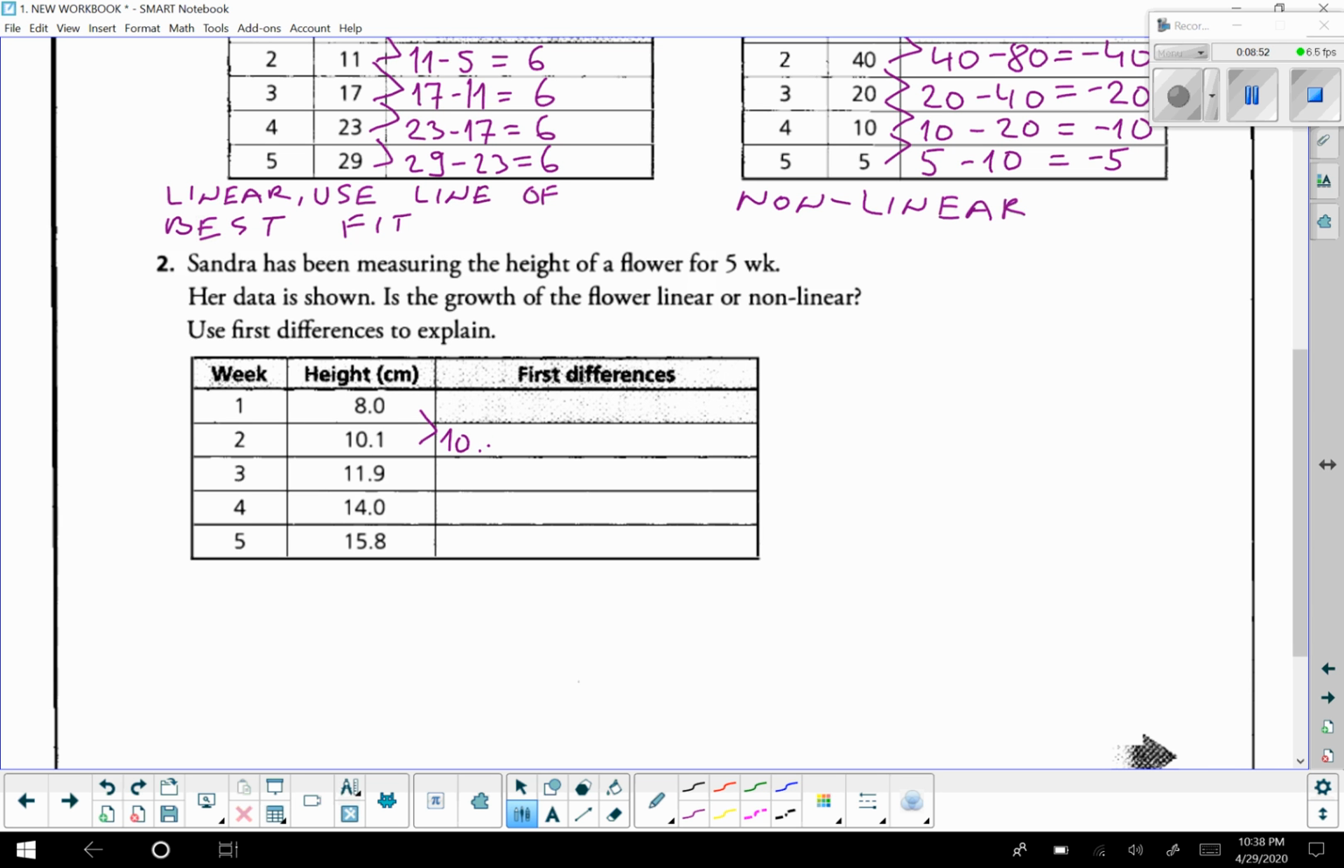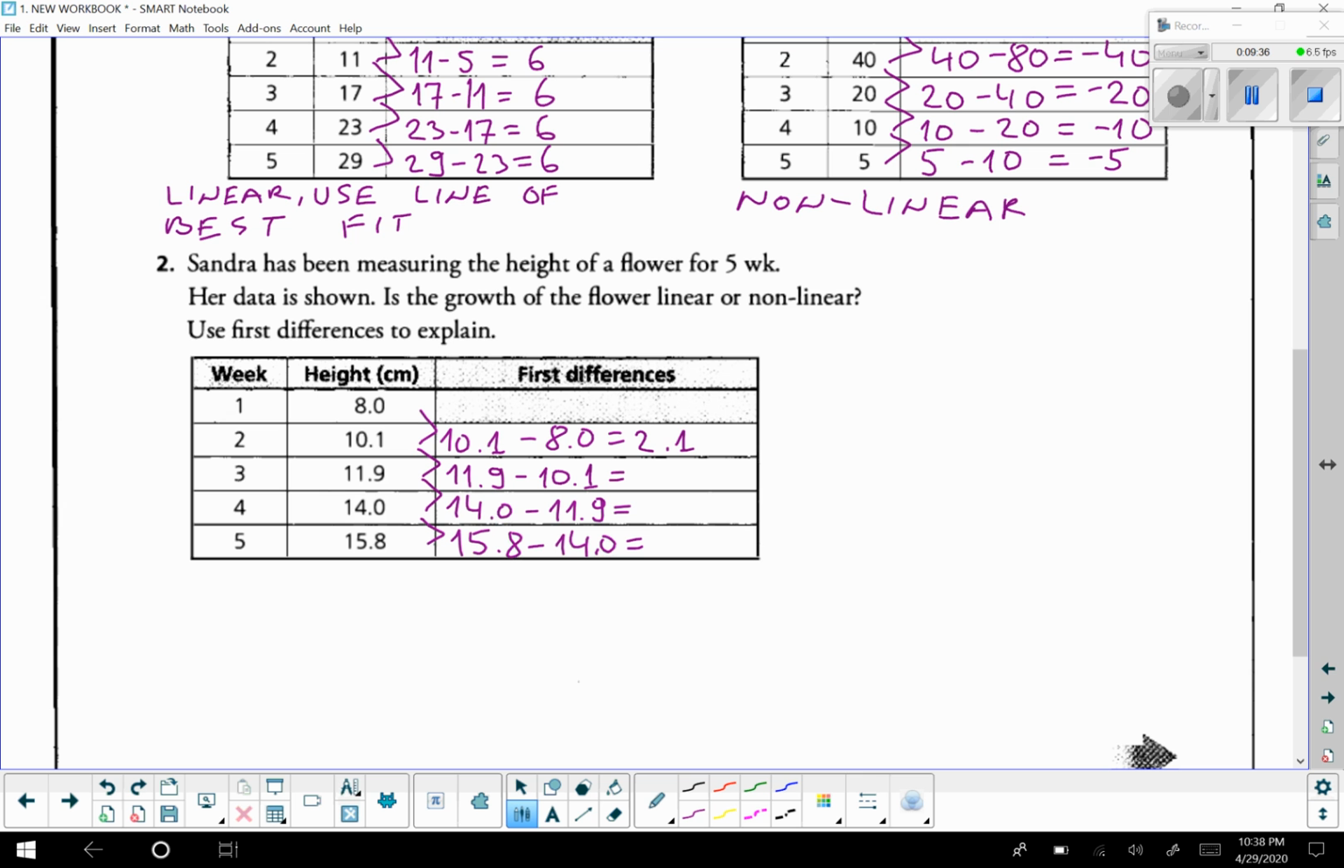10.1 minus 8.0. I'm just going to write all of them out. Then I slide down. 11.9 minus 10.1. 14 minus 11.9. 15.8 minus 14.0. There we go. And then you get your trusty calculator because there's a few decimals here. It's not really too difficult, but I'm going to use it anyways. 10.1 minus 8,